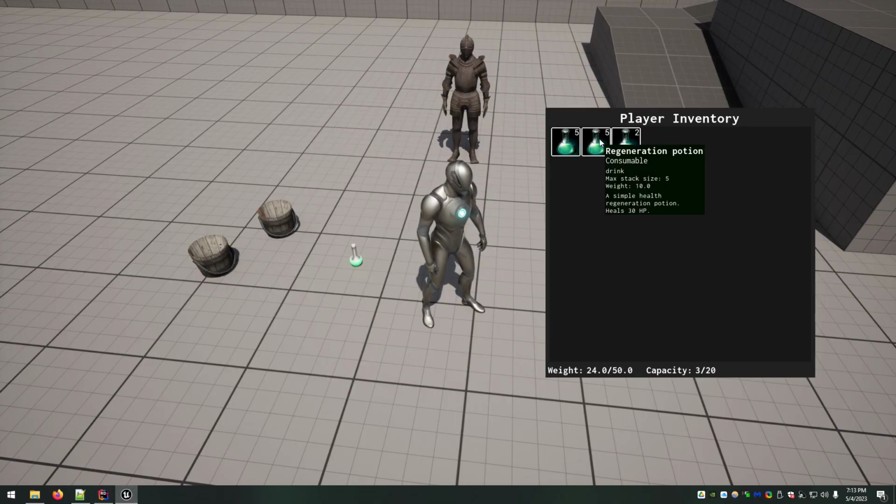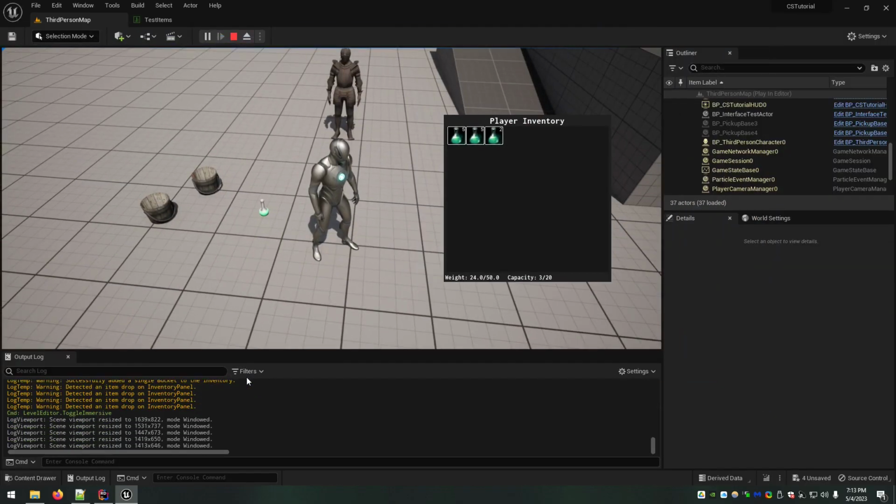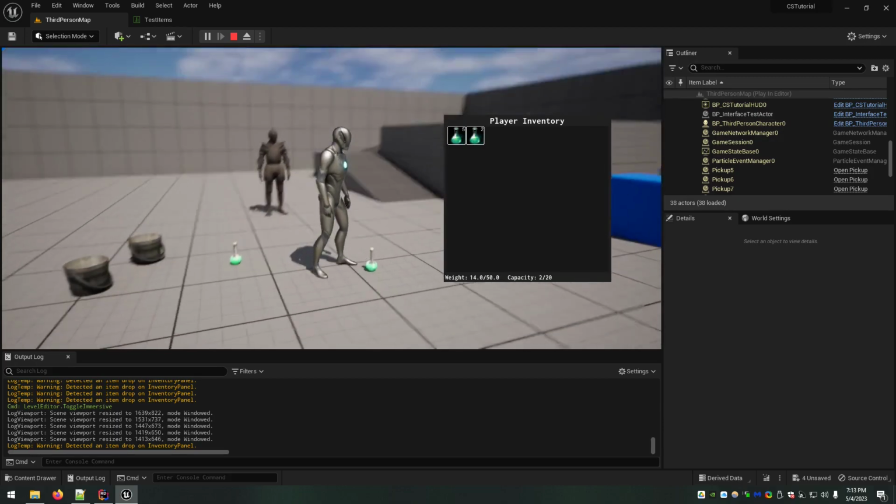And so in this case, we now have a drag drop operation in progress in memory. So now these widgets are going to be waiting to see, does it detect a drop? And in this case, we detect the drop, and you will see that there is a log here, detected drop on inventory panel, but nothing else happens. It doesn't fall through and actually do the drop item on the main menu, which is all the other space on the screen. That only happens if you actually drop it on that part.